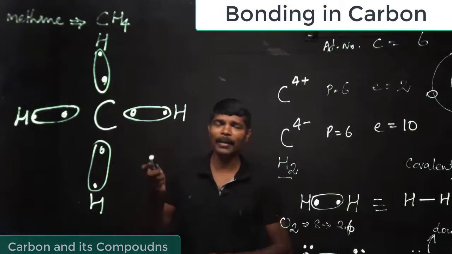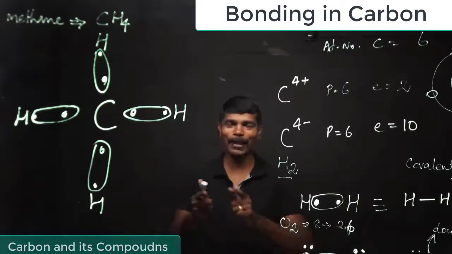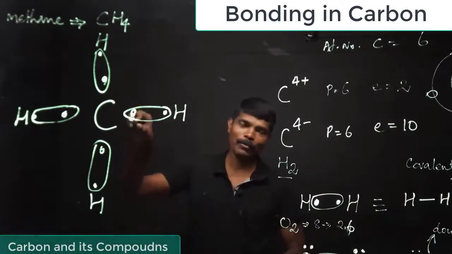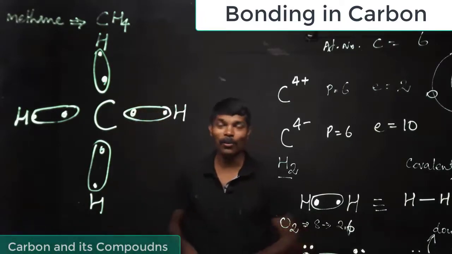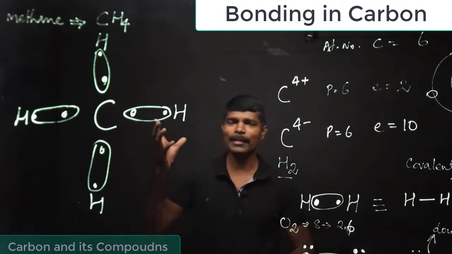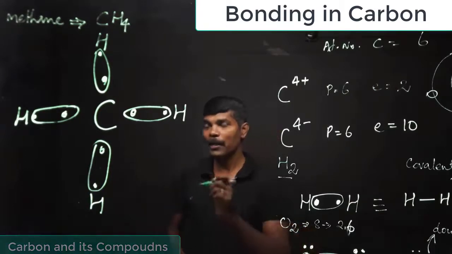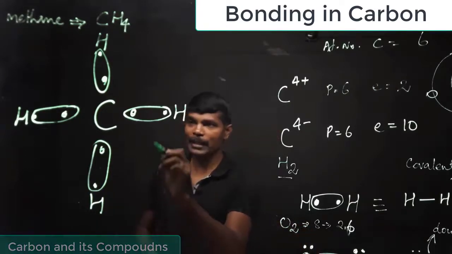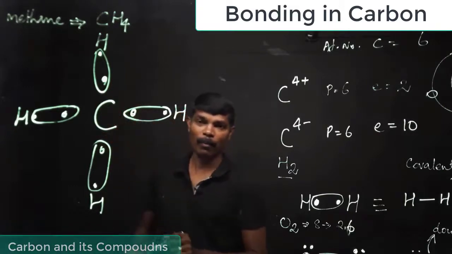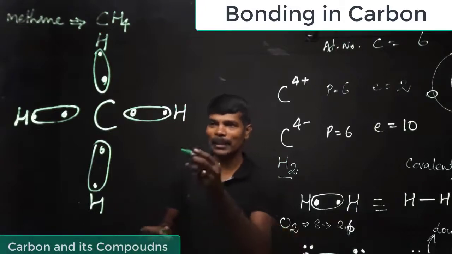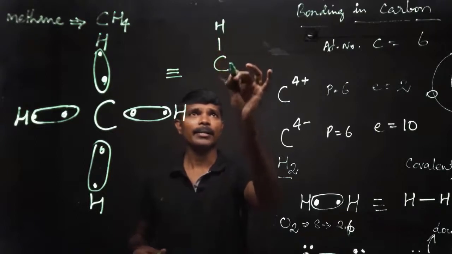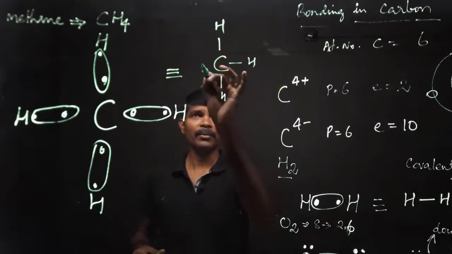This way of combining with another element by sharing of electrons is what we call a covalent bond. And here the compound methane is formed. This compound is called a covalent compound since it is formed by covalent bonds, that is, the sharing of electrons. And here you see 4 covalent bonds, 4 single bonds. Between each carbon and hydrogen you will find one covalent bond, that is a single bond. So the structure can be written as CH4.